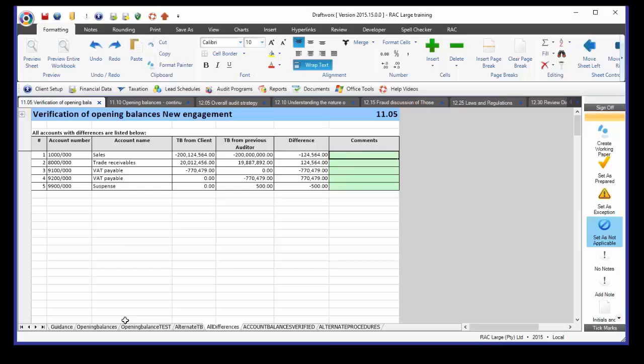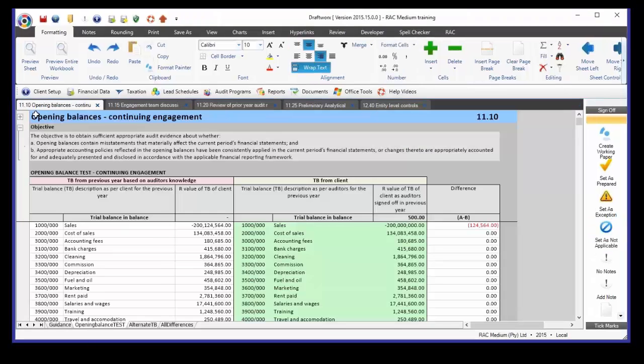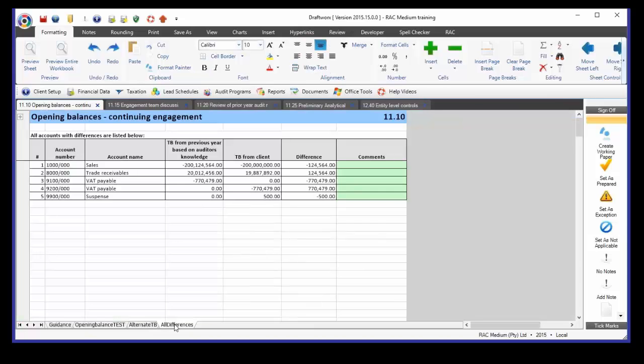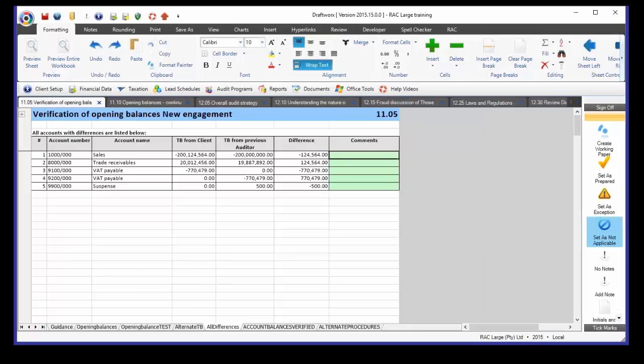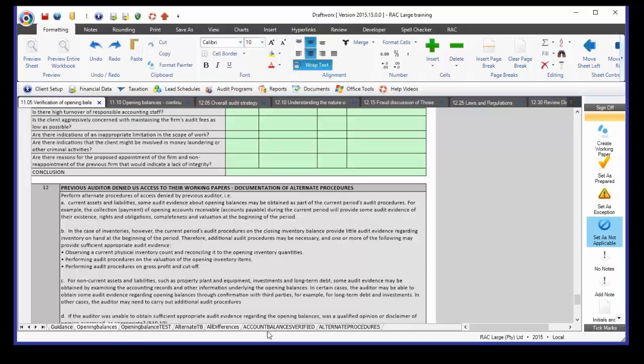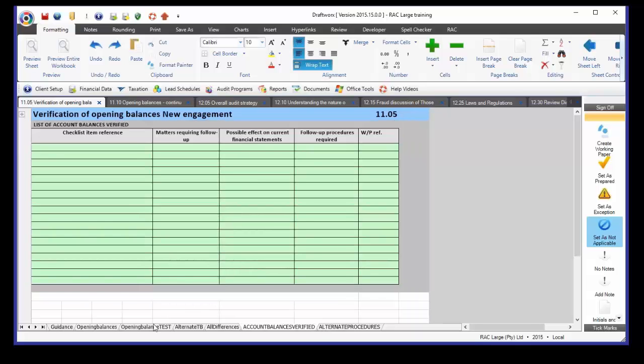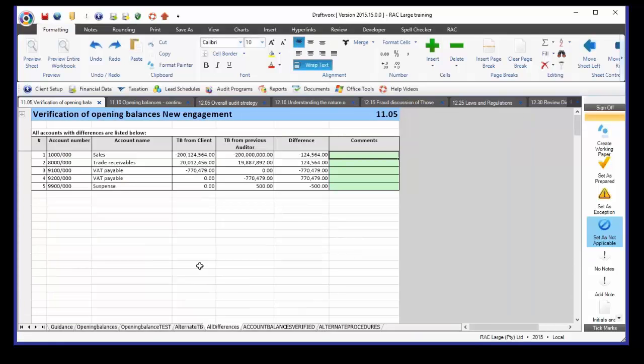Just to quickly pop over to the RAC medium, as I said, this is where our 11.10 sits, and you'll see that this sheet has those exact same 3 sheets available for you to be able to do the opening balance test. So even if you don't have to do the full test because it's a new client, that we've seen in the large version over here, you will see that this has got more detail. That's for the opening balances, but it's got the same 3 sheets for you to actually physically test the balances at the end of the day. All right. That is